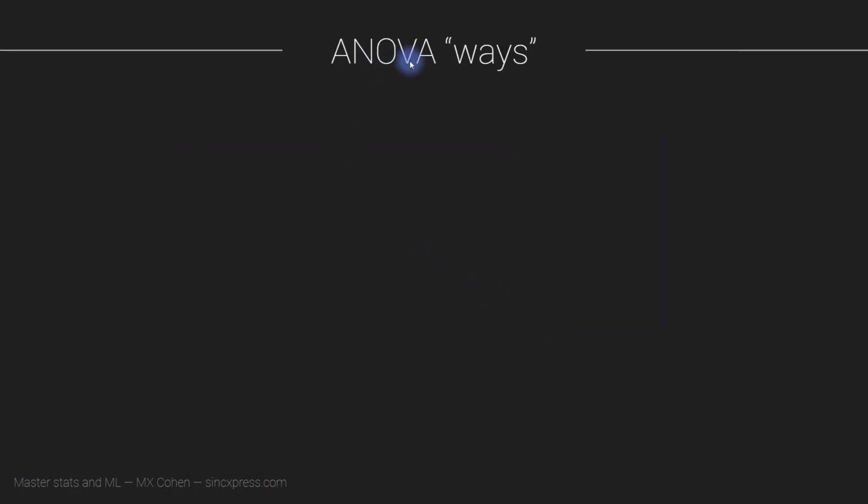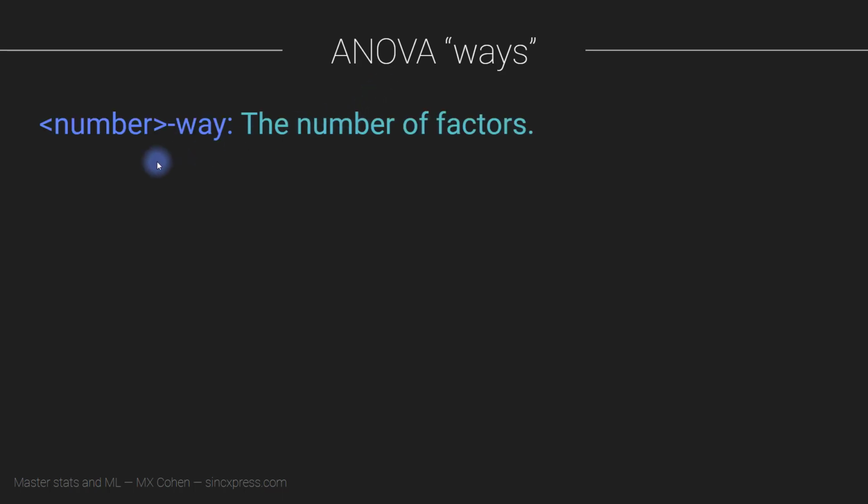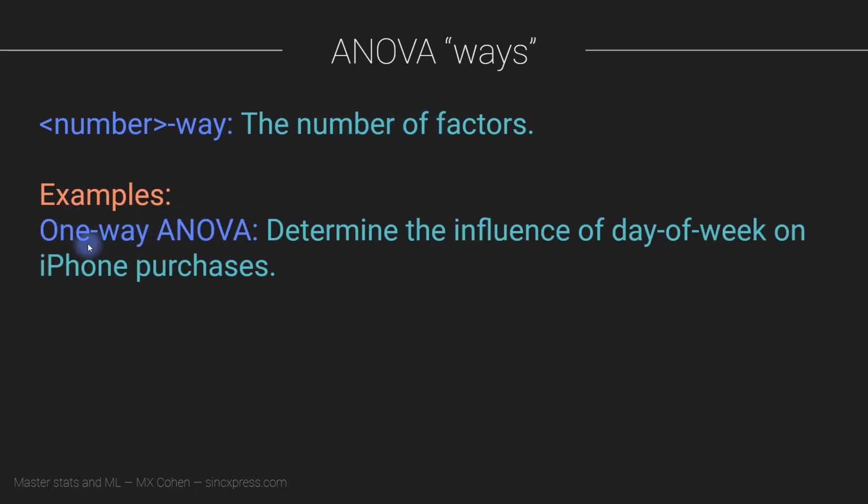Oftentimes when people talk about ANOVAs, they precede the word ANOVA by talking about something about the design of the ANOVA. So one thing that they say is an n-way ANOVA, where n would be the number of factors. So for example, we have a one-way ANOVA. That means we are looking at one factor, and we might be determining the influence of the day of the